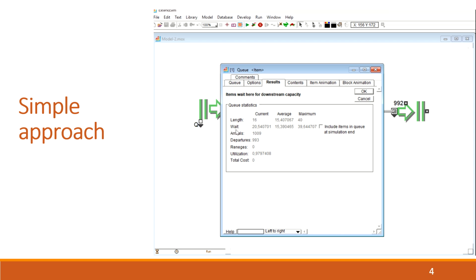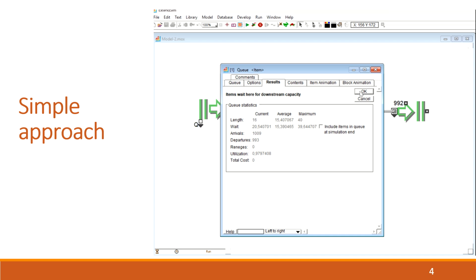The next one is the waiting time, and you can see that, at least according to the simulation model, the waiting time was around 15 time units, while the maximum waiting time was again around 40 time units. So this gives us a bit more information, statistics